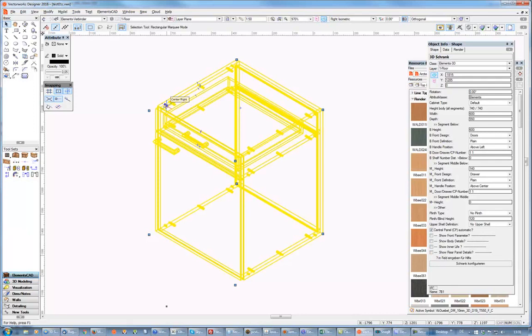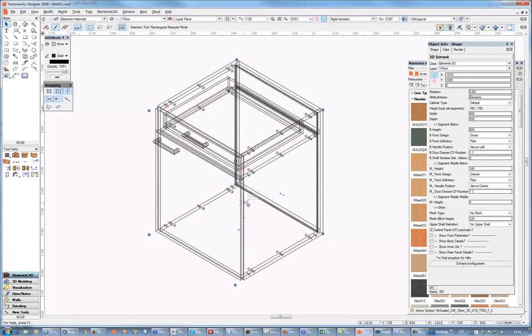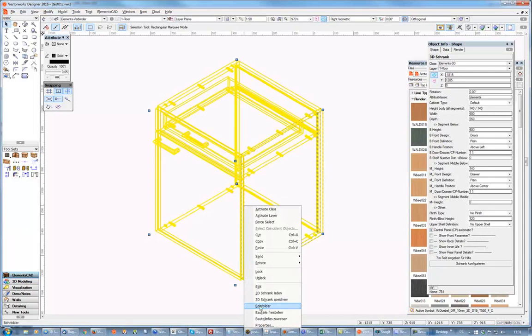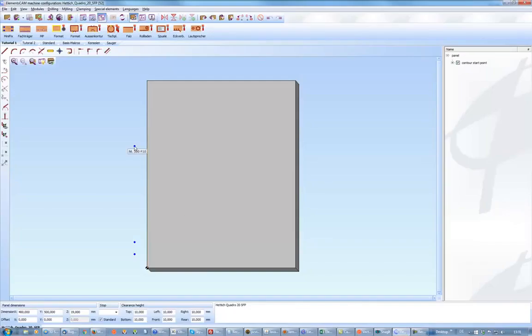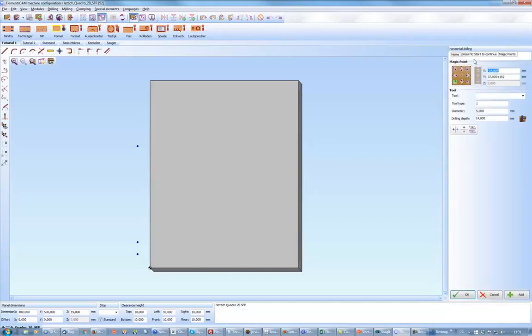Same goes for the drillings for the drawers. With the context menu, I go to define drillings for the drawers, and I go here in the panel and I can define this Hettich Quattro. And if I go to open, I have here the drillings, and here I can see that the drillings depend on formulas. So let's say if I have a depth of 300 or 350 millimeters, I can see here